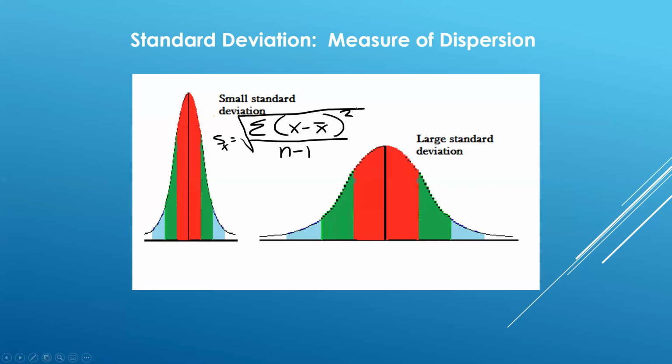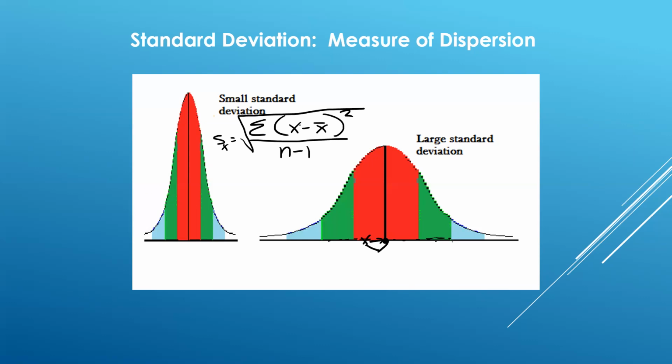So it's a very complex thing, but if you think about what's happening, you take each data value, here's an X, and then you subtract the mean from it. The mean's always the middle. When you subtract the mean from it, that basically gives you this distance. So we're taking the distance of all of our X's, some positive distances, some negative distances. And then we take each of those distances and we square them, right? So we take each distance and we square it. Then we add them all together and divide by how many things we have minus 1.